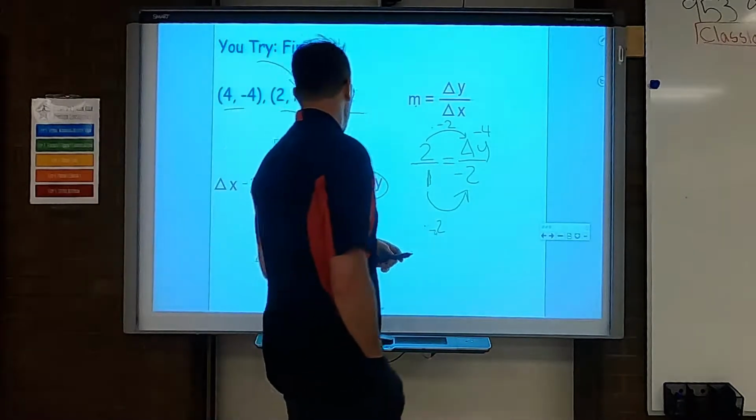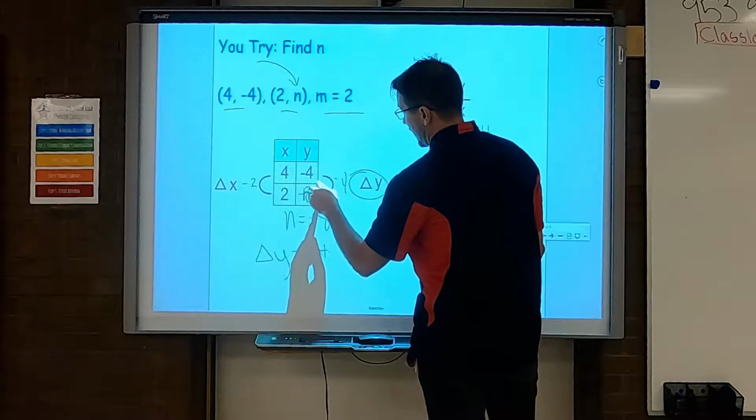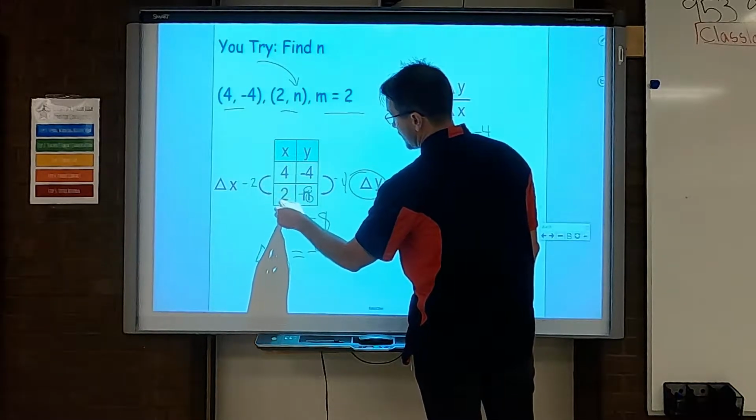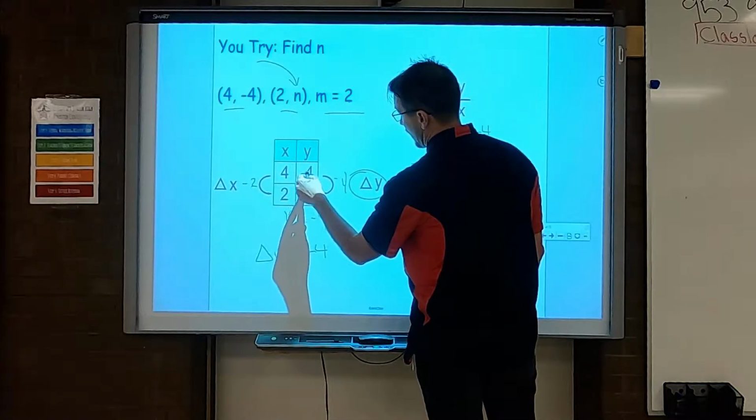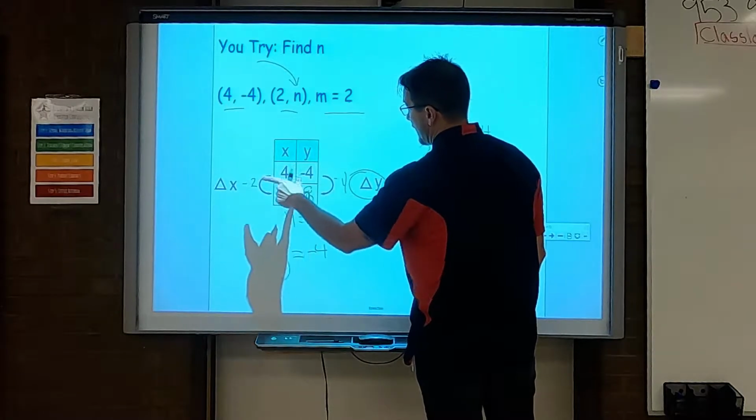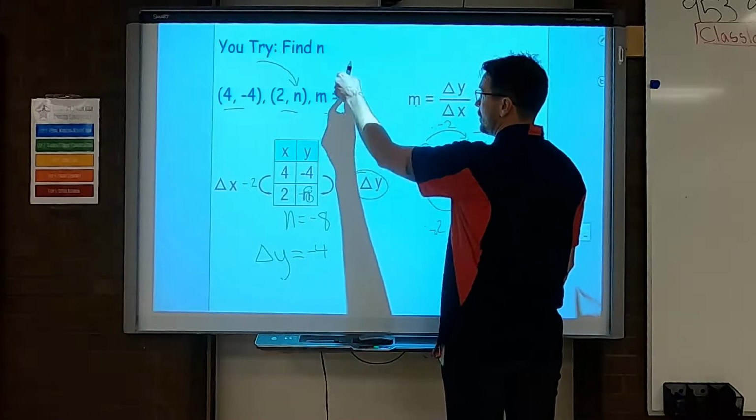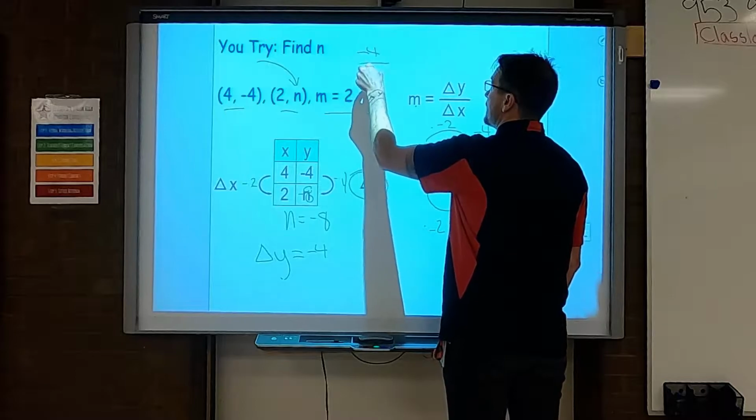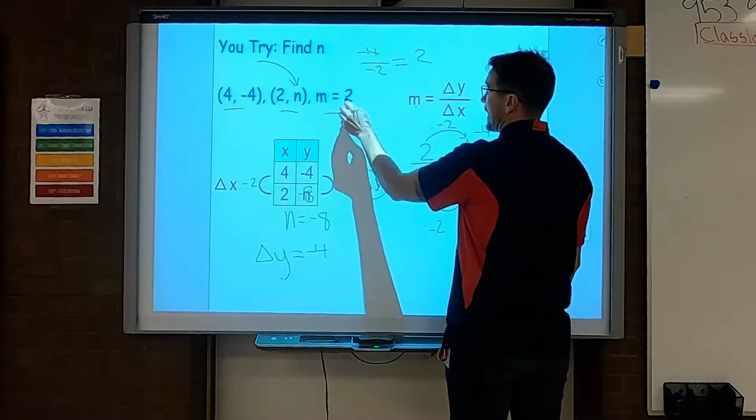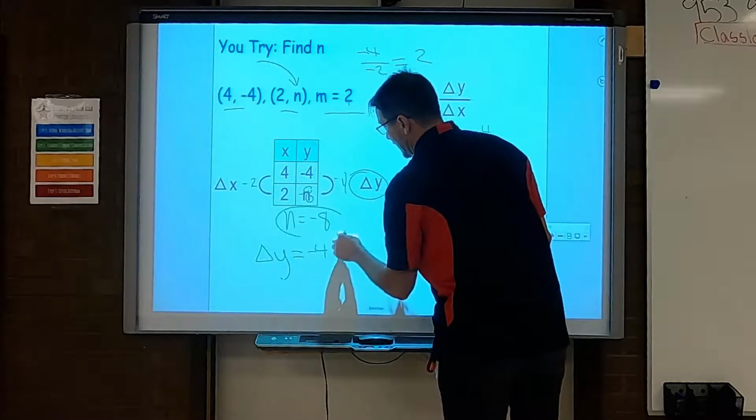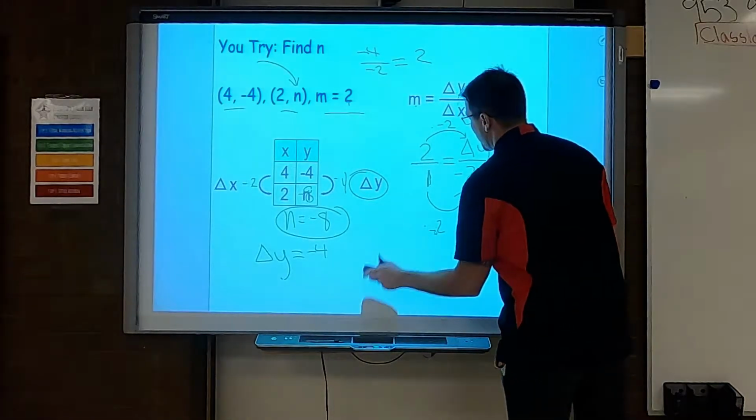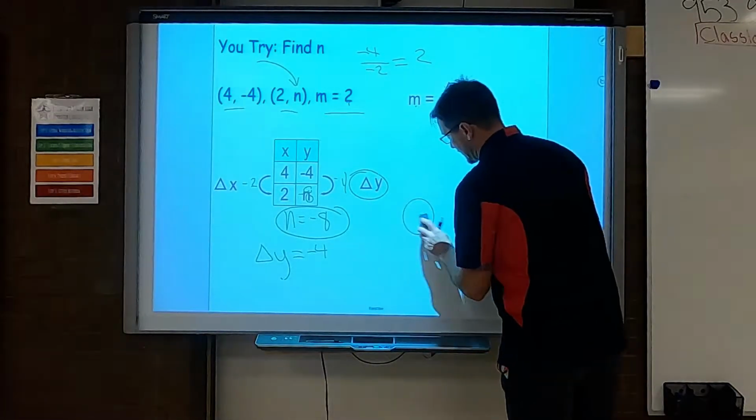Now let's just check that. If this was 4 to 2, that's minus 2, and negative 4 to negative 8 is minus 4. Negative 4 over negative 2 simplifies down to 2, and that's my slope. So n equals negative 8. Now, really quickly going back to this, for those of you who are confused by this,